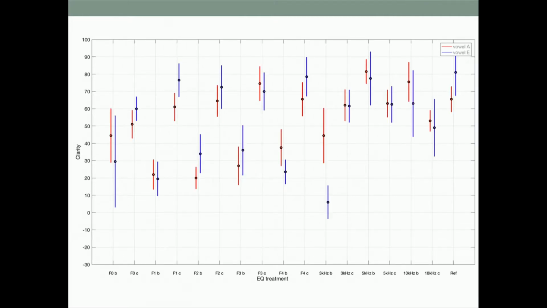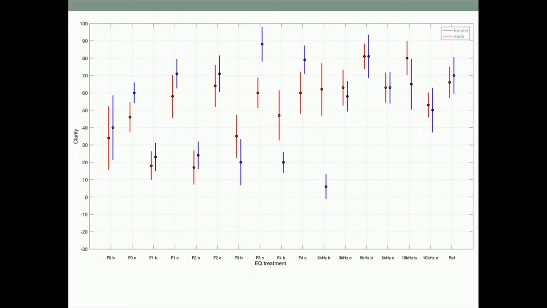To sum up, the fundamental is somehow different to other areas. Then I compared the vowels, and there's quite a big difference around 3 kilohertz. Other than that, they're similar. The red is vowel A, the blue is vowel E. Again, they behave similarly except in that area, which makes sense because that's where they differ spectrally. So it does seem that as the spectrum of the voice changes over time, it makes sense for an EQ to adapt to what it's doing over time and not just have the same thing on everything.